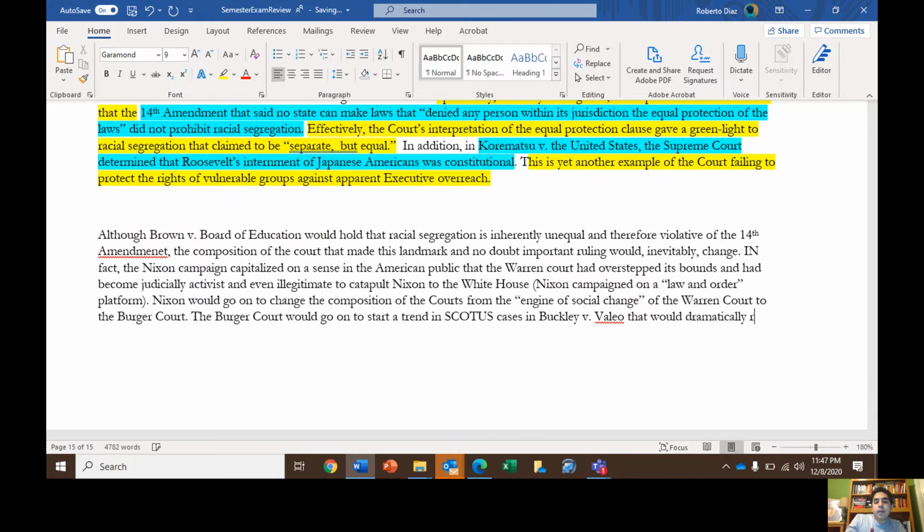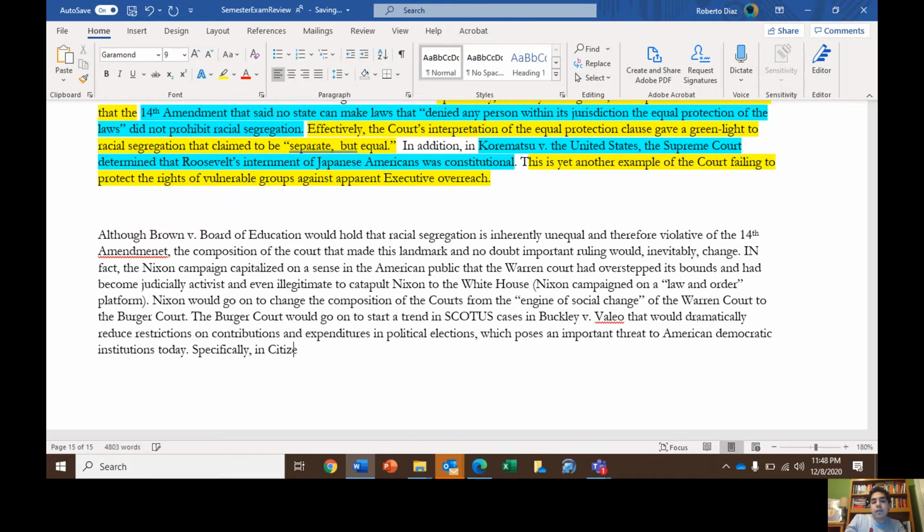It would dramatically reduce restrictions on contributions and expenditures in political elections, which poses an important threat to American democratic institutions today. Specifically, in Citizens United,